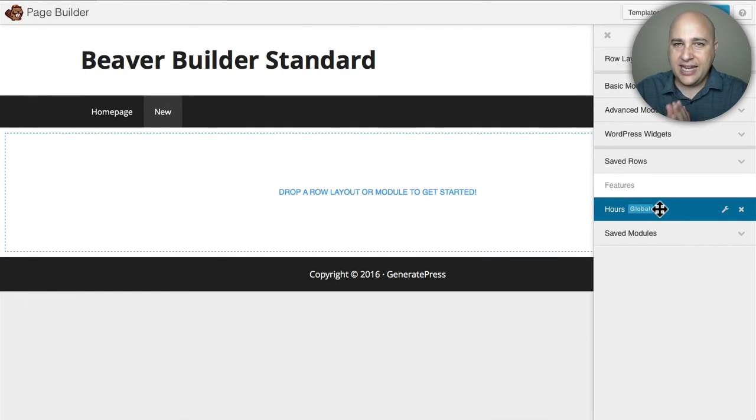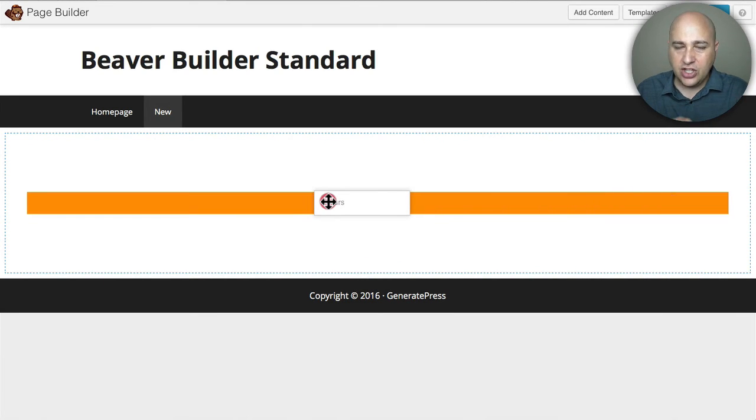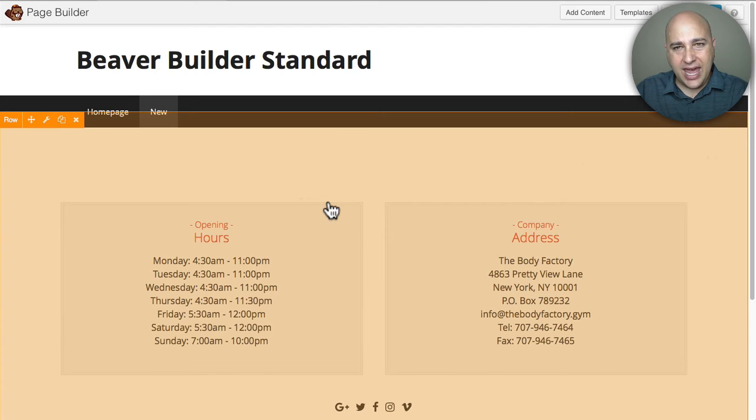Remember, I created a global row, and you can see it right here. It says global. So if I drag and drop it, you notice how the color's different. It's this bright orange. That's to let you know that whatever you edit, it's going to edit it everywhere you use this saved global row. Isn't that such a time saver?